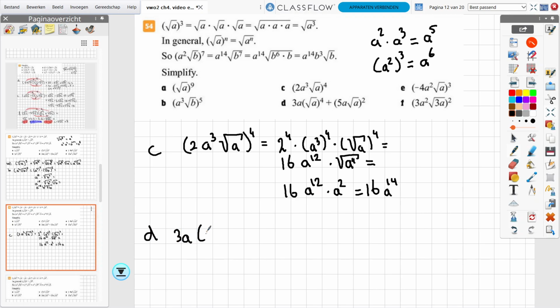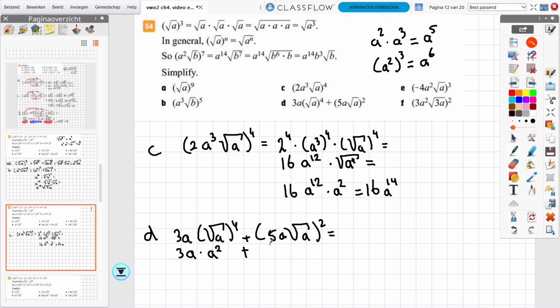3a root a to the power of 4 plus 5a root a squared. Let's see if we can do this quicker. Because if you see this, you don't have to write down this intermediate step. This 3a is outside the brackets. Root a to the power of 4 is the same as root a with the 4 inside of the roots, so that's the same as just a squared